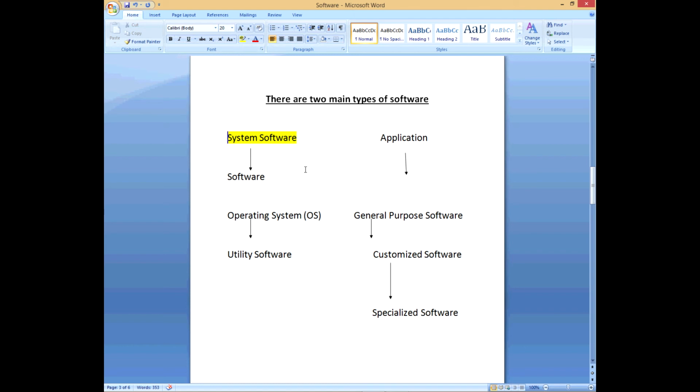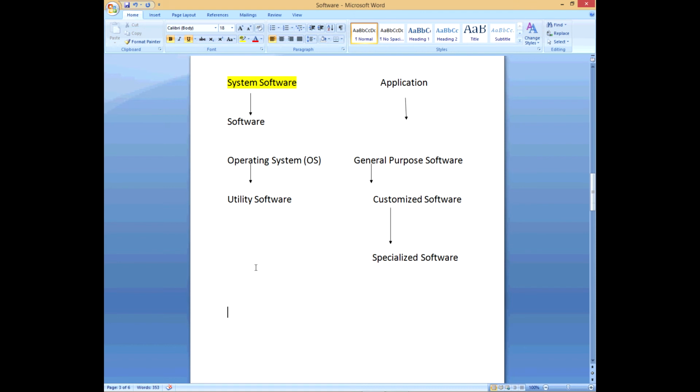So the system software causes the computer to function correctly. So a good example would be your antivirus. Your antivirus, and that's spelled A-N. Let me spell it. Antivirus.